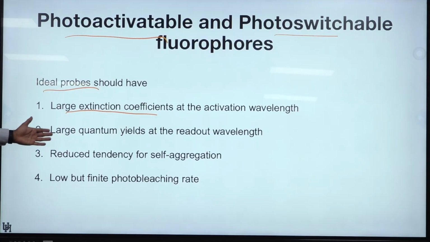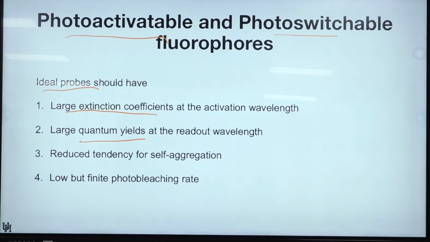Large quantum yield means, if some light falls, what is the probability that it emits a photon? For making a measurement, it has to have high efficiency. If it's a very weakly scattering or weakly fluorescing sample, it's not good, because you want to do it fast enough that you rapidly take one image after another. The disadvantage is it takes a lot of images to collect that one full super resolved image. That's the penalty you pay. So having a high quantum